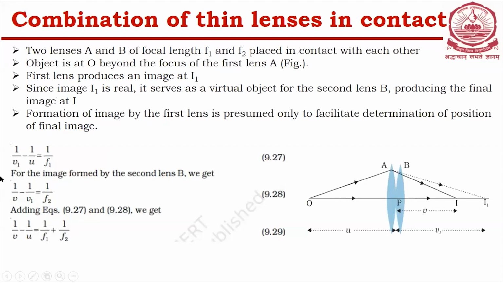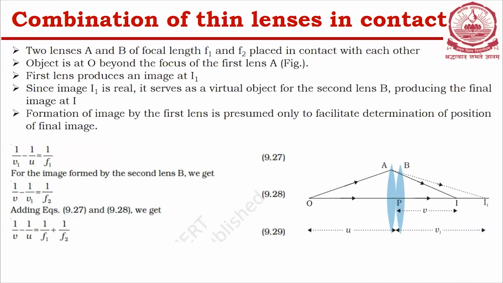So before that, we have to go for the combination of thin lenses in contact. Suppose you have many lenses in contact, so 2 lenses instead of 1 lens. Even if you take your mobile camera and look at the camera lenses, it is not a single lens, it consists of several lenses. So in order to get the desired magnification,